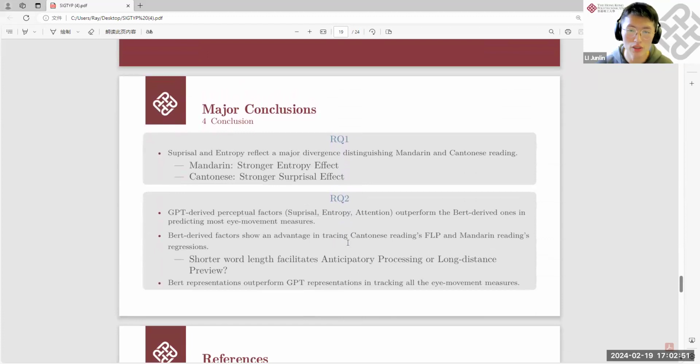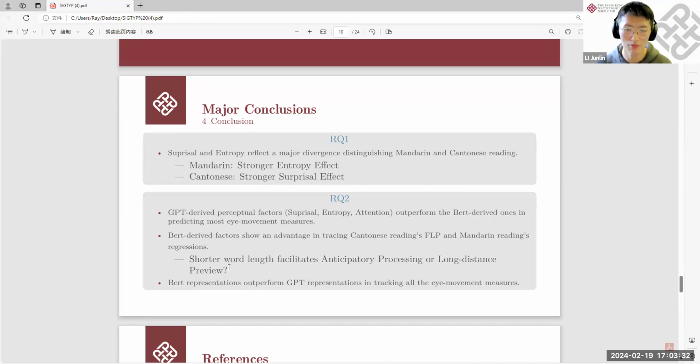So the major conclusion of this research is that surprisal and entropy effects reflect a major divergence distinguishing Mandarin and Cantonese reading. Another conclusion is that GPT-derived predictive factors outperform the BERT-derived ones in predicting most of the eye movement measures. However, it is intriguing to note that BERT-derived factors show an advantage in tracing first landing position and regression targeting. So this implies that